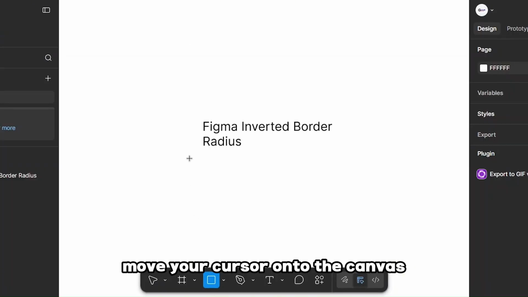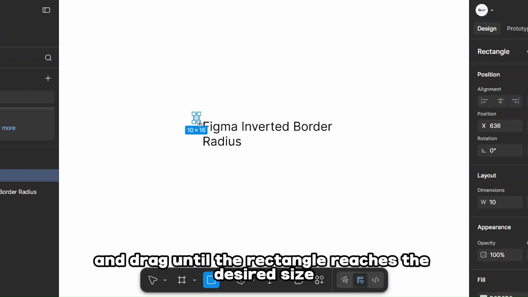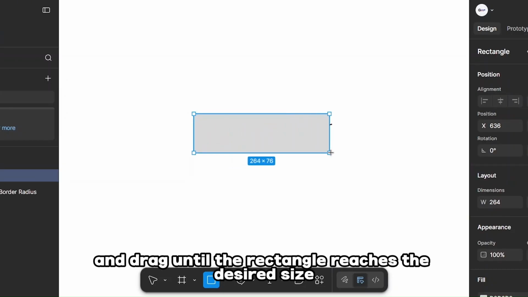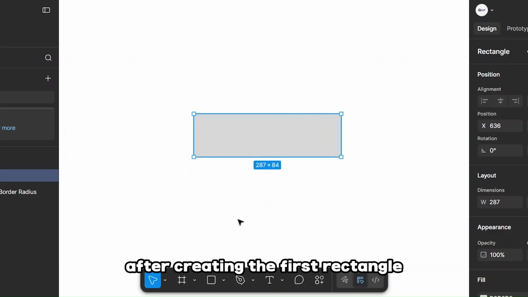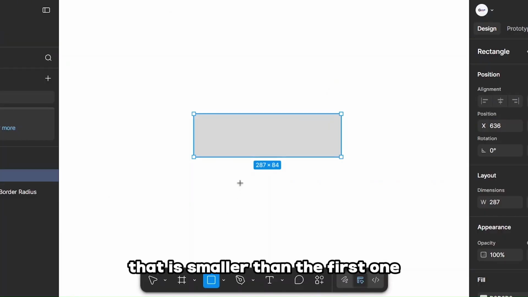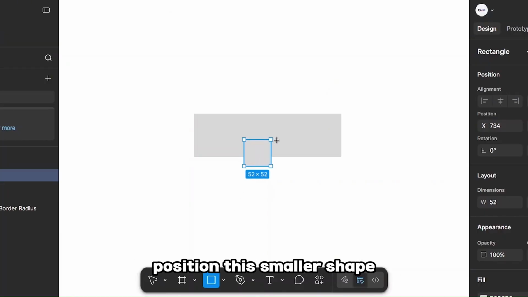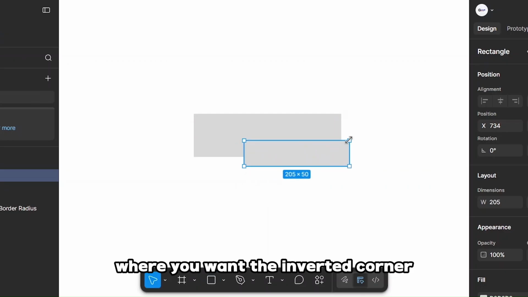Move your cursor onto the canvas and draw a rectangle over your frame where you want the inverted border radius effect to appear. Click, hold, and drag until the rectangle reaches the desired size. Then release the mouse button. After creating the first rectangle, create a second rectangle that is smaller than the first one. Position this smaller shape so it overlaps the larger rectangle in the area where you want the inverted corner effect